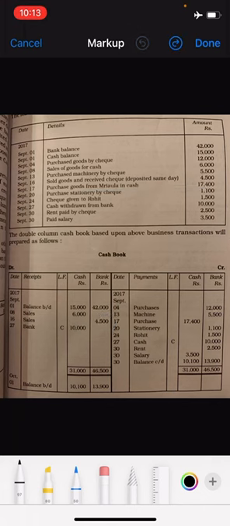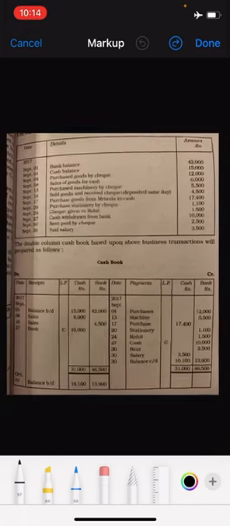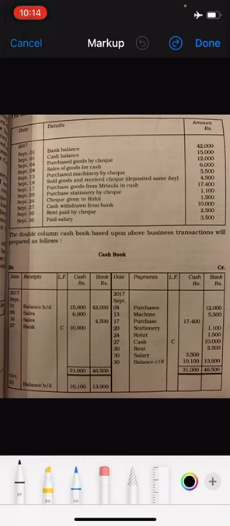Okay, and next is purchase stationery by check. So stationery journal entry will be stationery account debited to bank account. Correct. Stationery is an asset. Your asset is increasing and your bank amount is decreasing. So bank account is credited. On the credit side of your cash book, you have to write stationery, and in bank column you have to write the amount. How much is the amount? 1,100. Okay, can you all see?